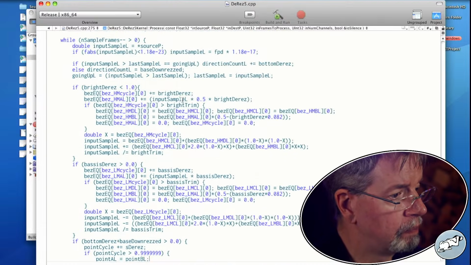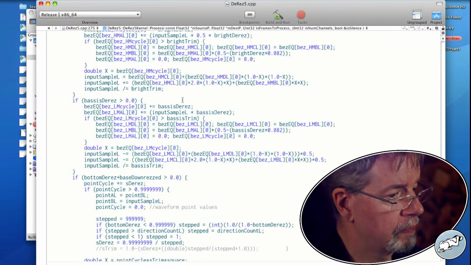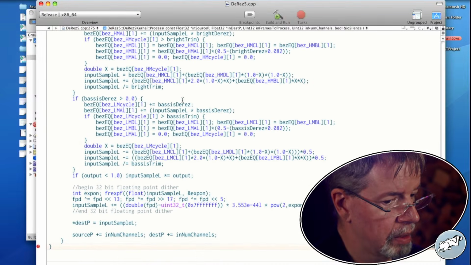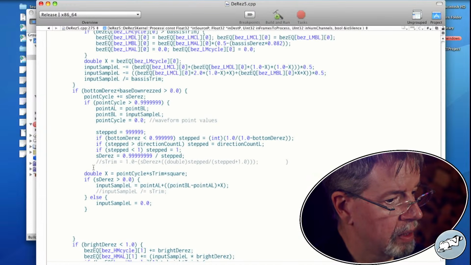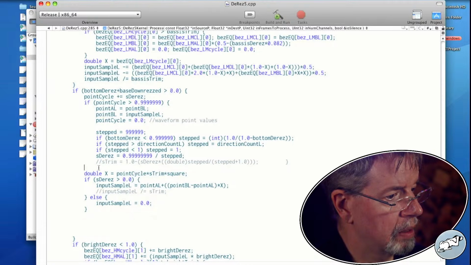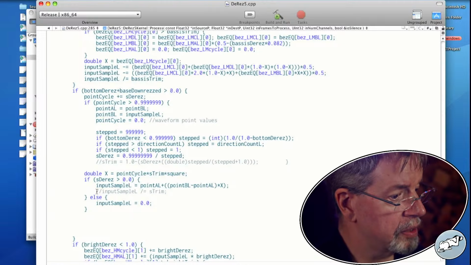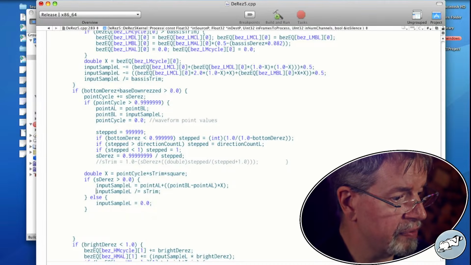Now what? I don't understand why this would have changed. Let's uncomment that and see if it still works.